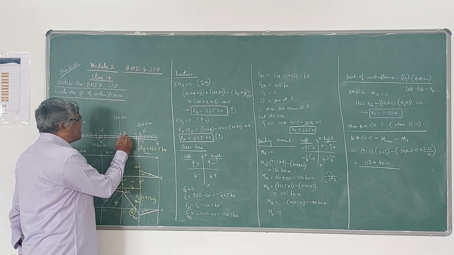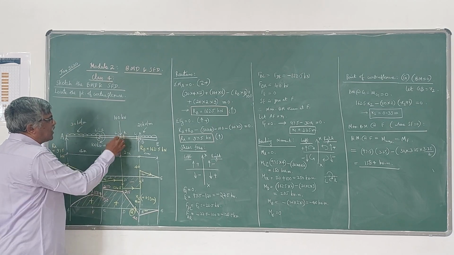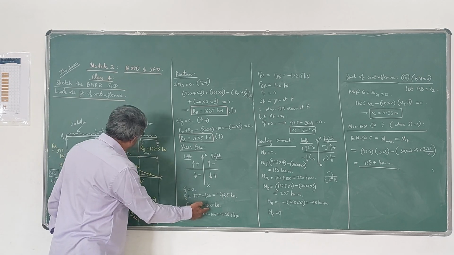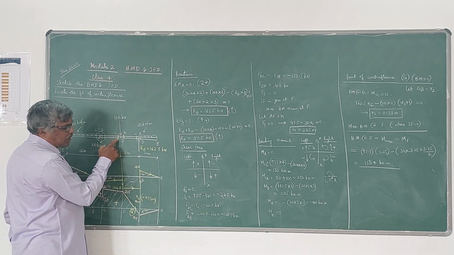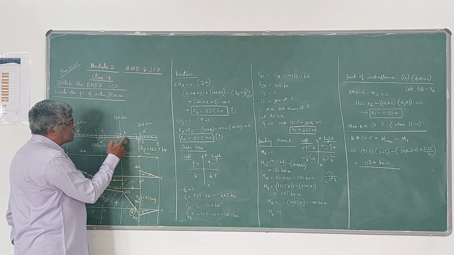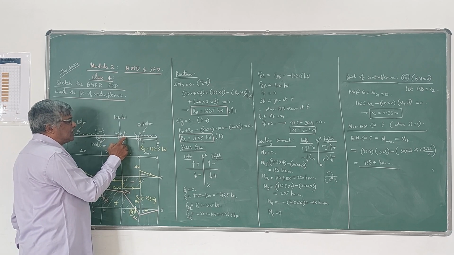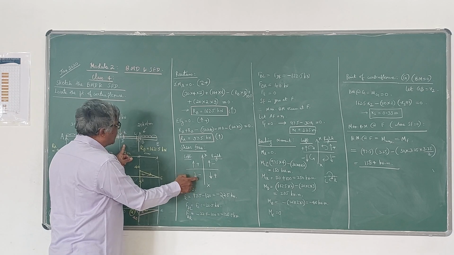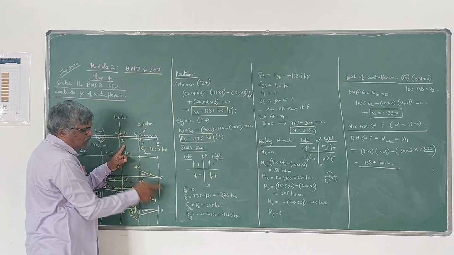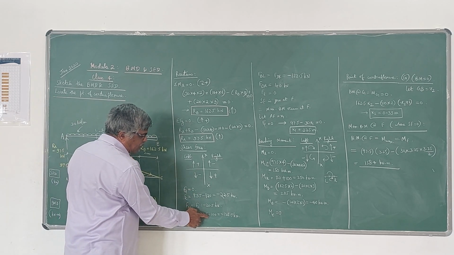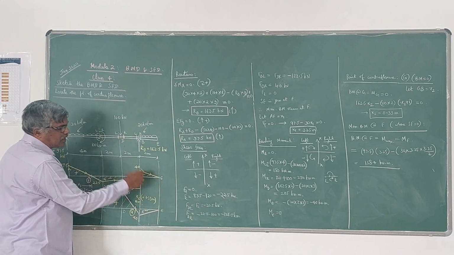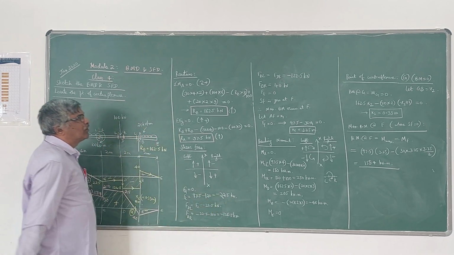But when you take right side of D, this 100 kN also comes into picture. Up to this it is minus 22.5. Then you are seeing the left side of this right of D, so left side of 100 is negative. So minus 100 we have to take. So it will be minus 22.5 minus 100. So the shear force value at this point is minus 122.5 kN.